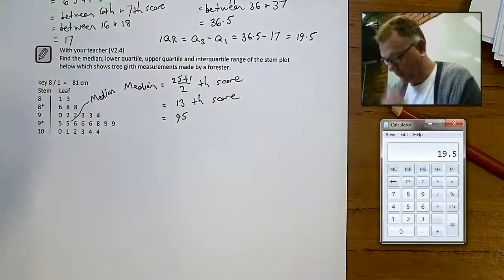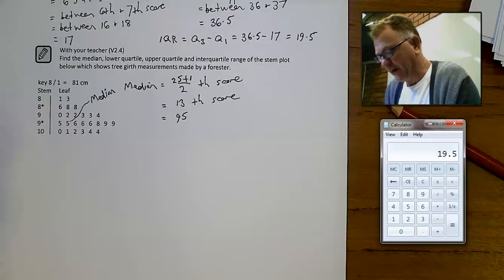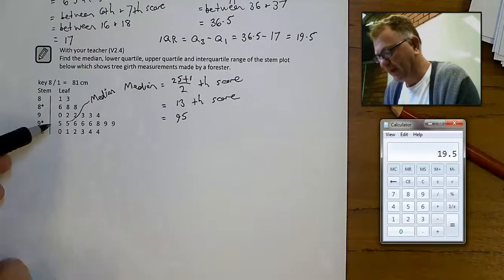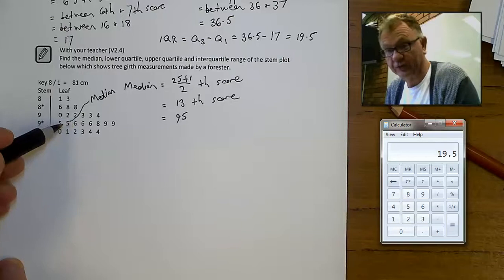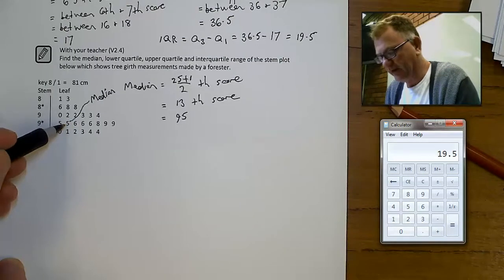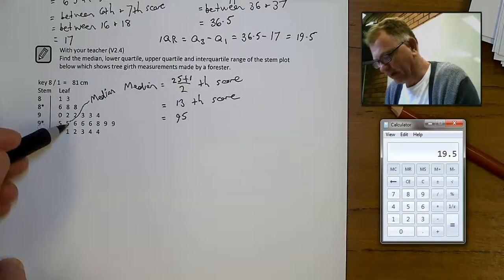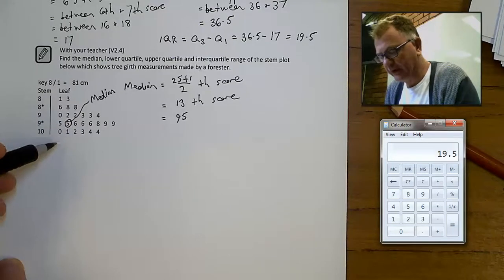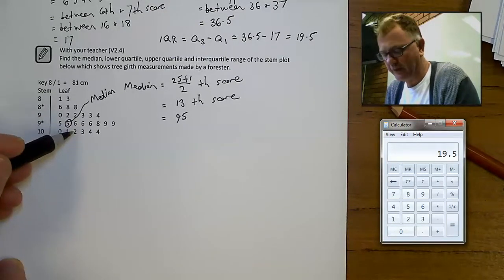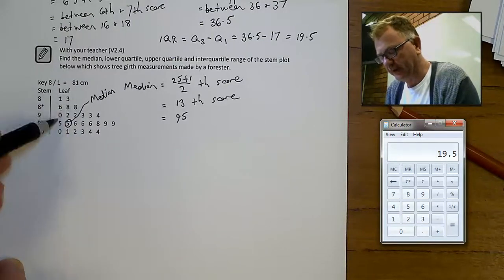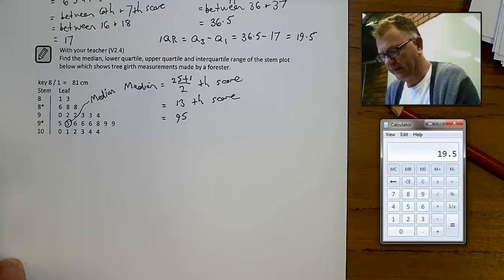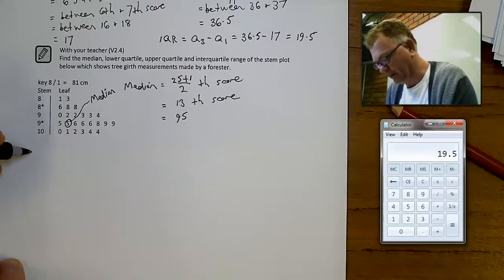Now when we come to work out the lower and upper halves, the median divides it into two halves, but in this case, with an odd number of pieces of data, the median works out to be one of the scores itself. It wasn't in between two scores as it was in the last example. If it is one of the scores itself, then we will not include that in either the lower half or the upper half. With that one excluded, there is only 12 pieces of data here now in the bottom half of the data. So when I come to work out the lower and upper quartiles,